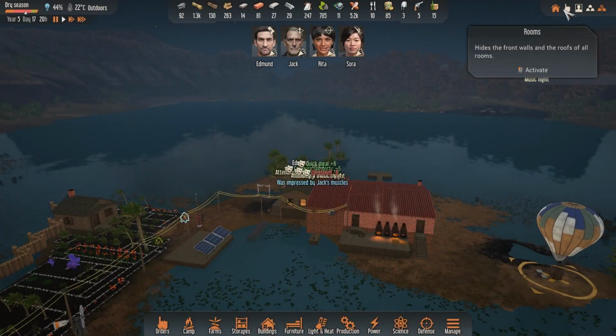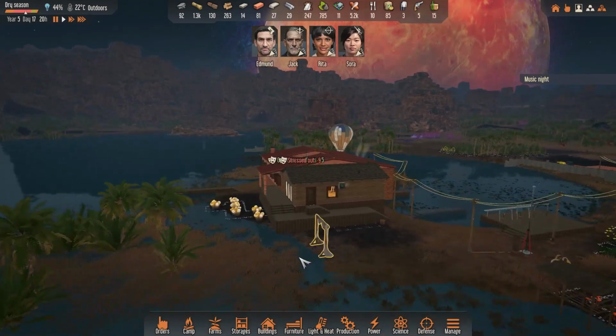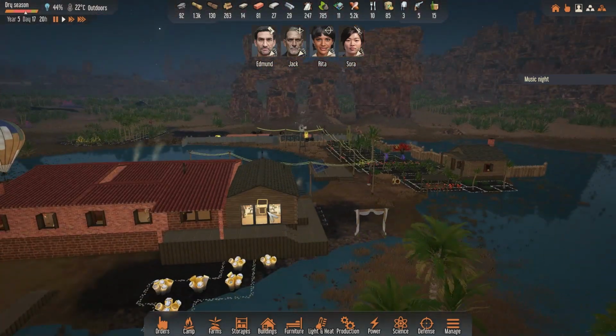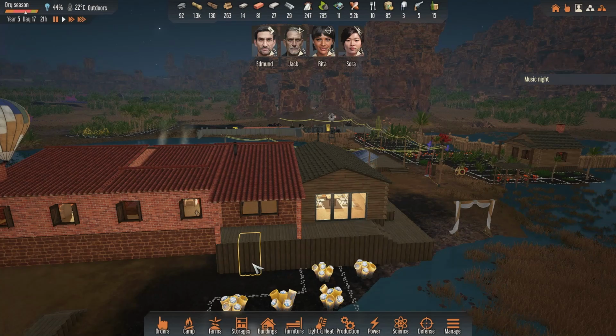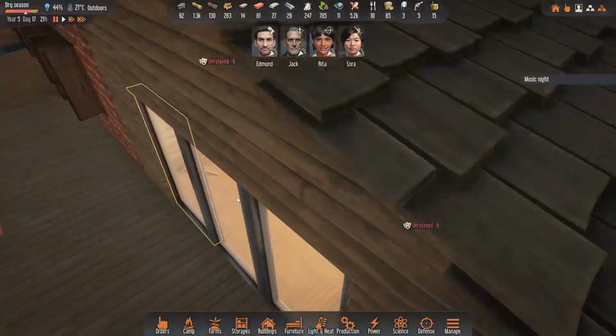That heat wave from last episode has passed now, and here we are just living our best lives out on the water here. I like that view. That's a nice view. I'd love to continue this roof out here and wrap it around the whole building, but